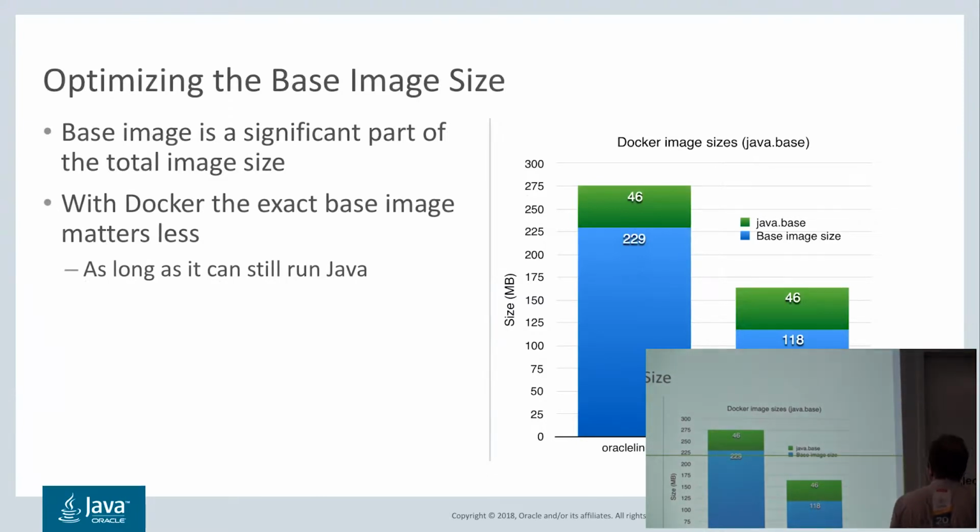And if we now go back and add the base image again, it looks more like this. So we'll have the base image, still the same size, we didn't do anything with that. And we have java.base in this case, and again, Netty is slightly bigger. So that's cool. We've saved a lot, but surely we can do better. And the difference between the left bar here and the right bar here is the base image.